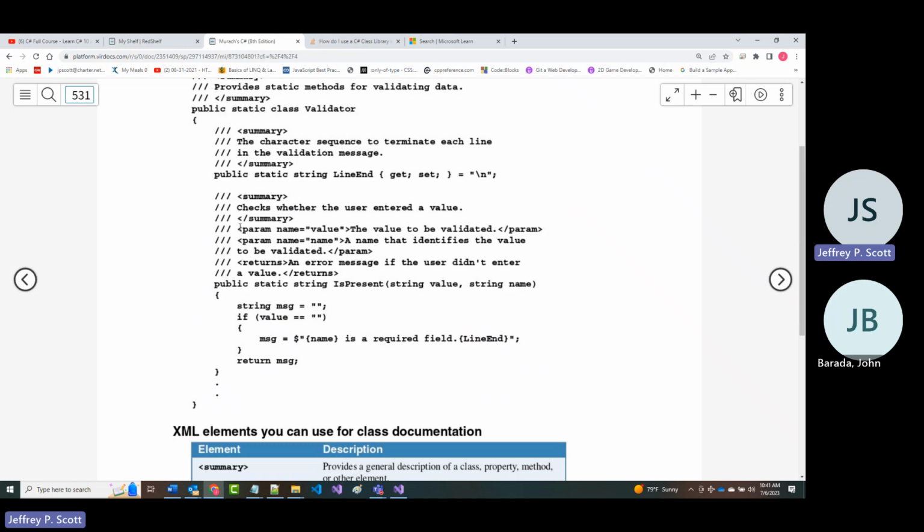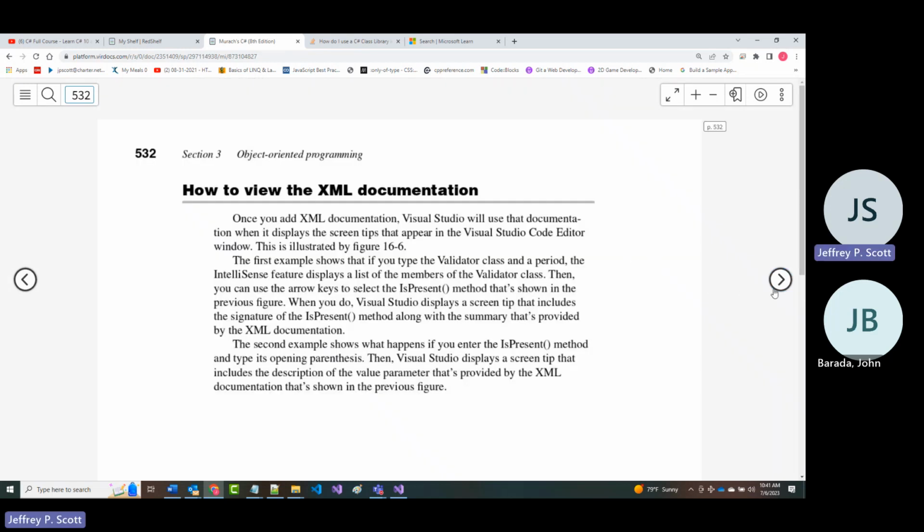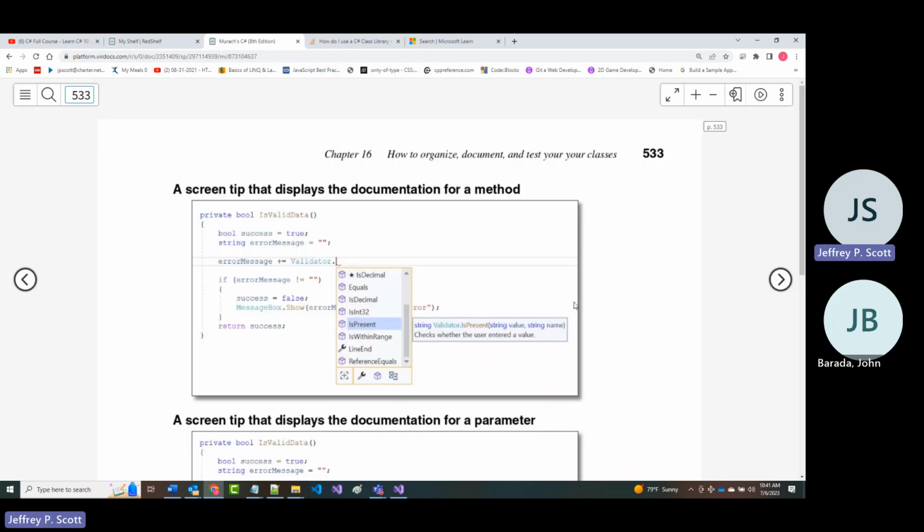It's another way of providing internal program documentation. You can view it, as it says, in Visual Studio. Once you've added it, you can bring it up in Visual Studio.